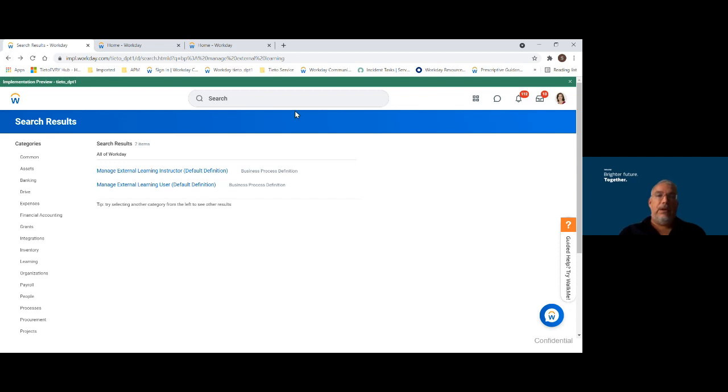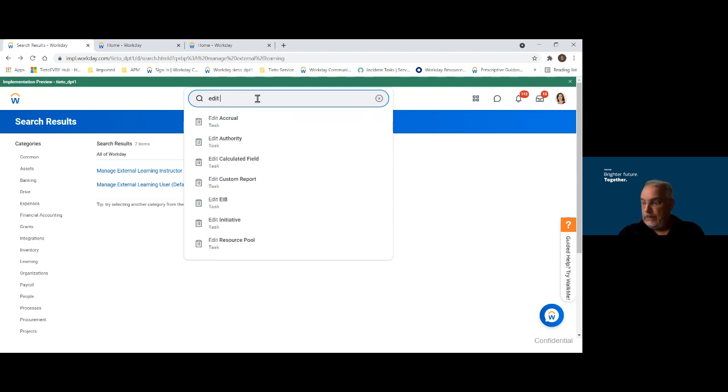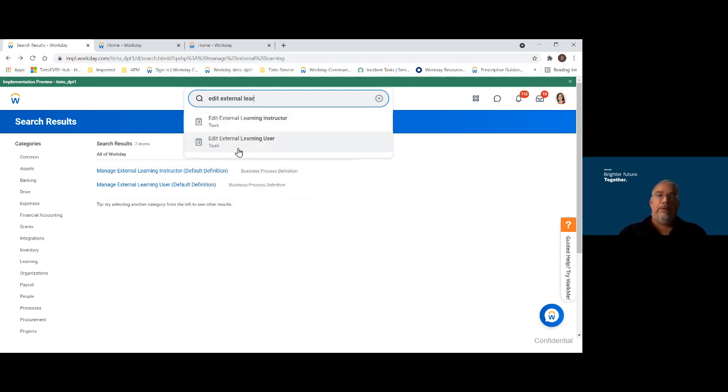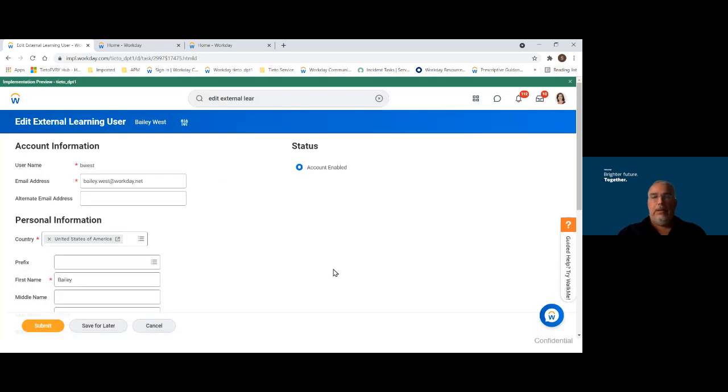And let's have a look at the tasks. I'll show you edit external learning user. And here I have this Bailey West that I proxied, for example. So let's see what it looks like, the external learning user. So we see here